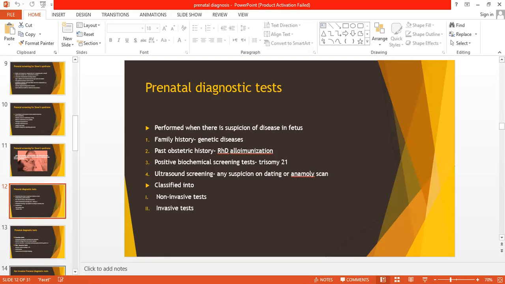And if there is a family with an index case of congenital adrenal hyperplasia, then there is a risk of 1 in 8 that there will be another fetus affected by congenital adrenal hyperplasia. It is basically the masculinization of the female fetus, and if found